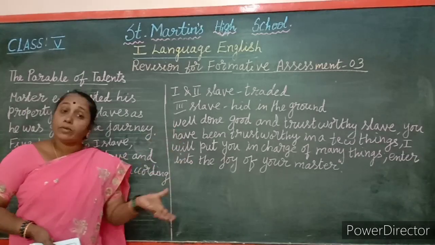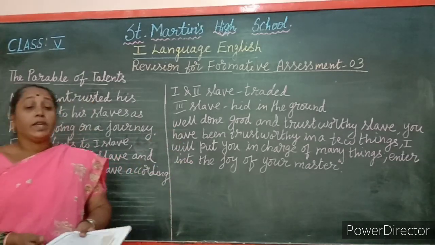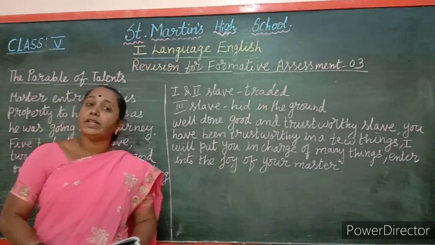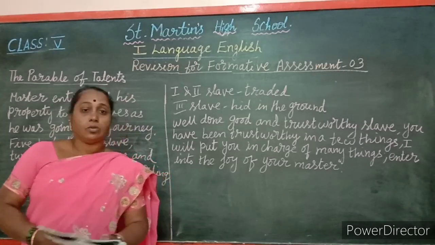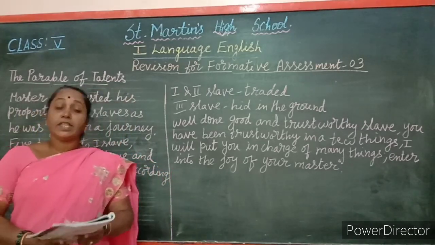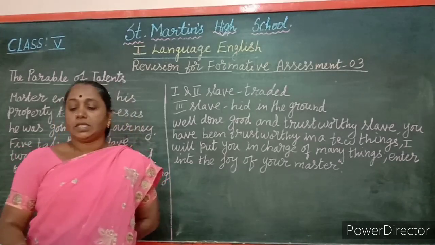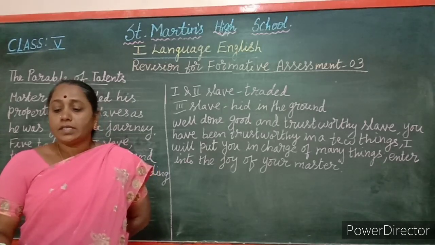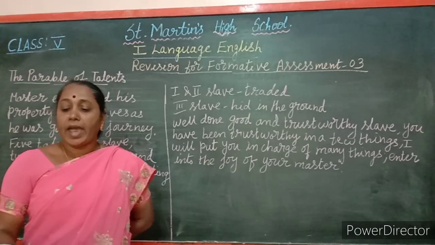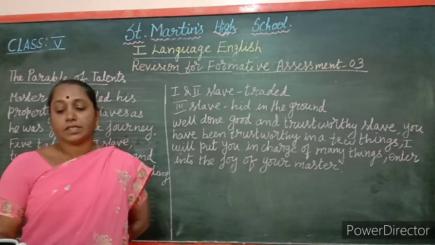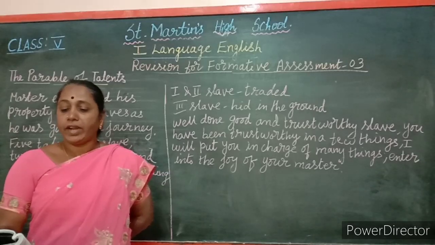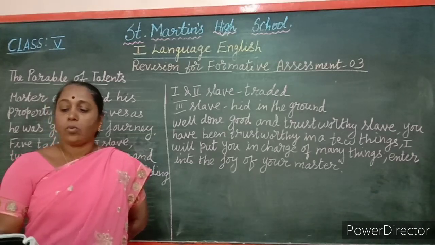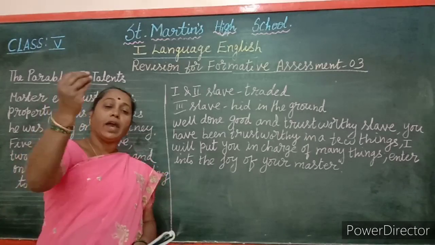But what did the third slave do? He hid it in a hole. Now, when the master came back, he dug up the hole and returned the 1 talent. Will the master be happy with that? No, he got angry. The slave said, Master, I knew that you are a harsh man, reaping where you did not sow and gathering where you did not scatter the seed. So I was afraid and I went and hid your talent in the ground. Here you have what is yours. He said so and returned it.